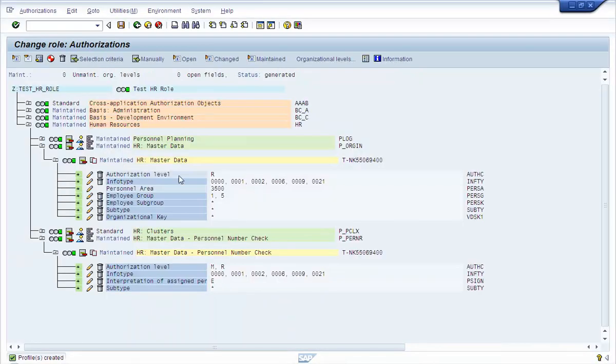So you can restrict access to HR master data using P_ORIGIN by personal area or by employee group or subgroup. Within this group, if you have subgroups, you can restrict access by the subgroups also.